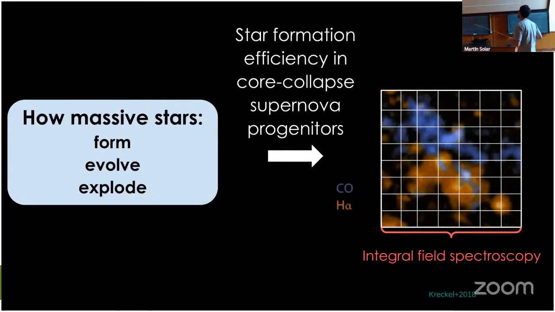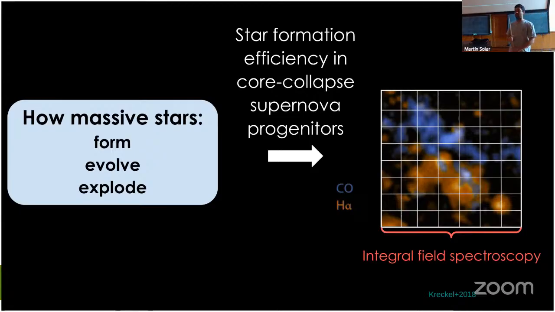So now we already have an idea how these massive stars form, how they evolve, and how they explode. So coming back again to the title, how it's possible to combine everything we did, all of this with the star formation efficiency in core-collapse supernovae. And we will use one technique called integral field spectroscopy, in which you see that there is a grid for the carbon monoxide and H alpha, and each of these frames